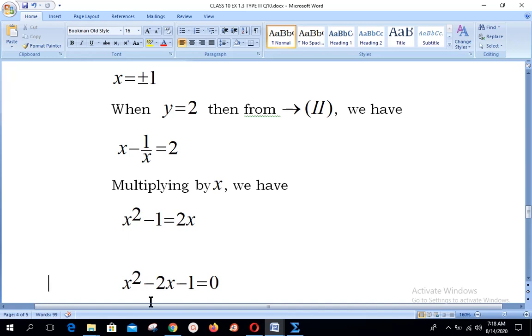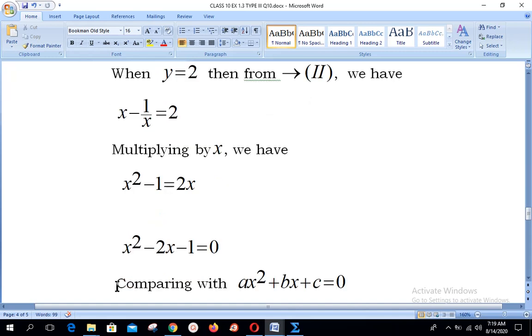But interesting that in this situation, when the first term has sign positive, second has sign minus, third has sign minus, you have to multiply the third with the coefficient of the first. Your result is coming minus 1. Now you cannot arrange 1 into 1 in a manner that when you multiply, your answer will be minus 1 and when you add them, your result should be minus 2. So we cannot apply the factorization method over here. This means we will go for another method and we are going to apply the quadratic formula.